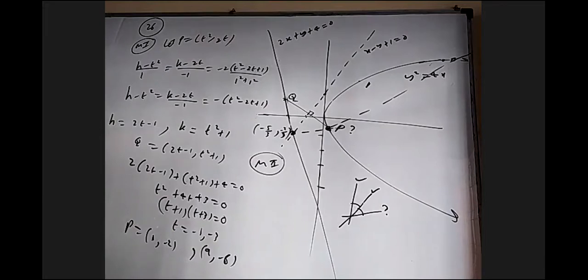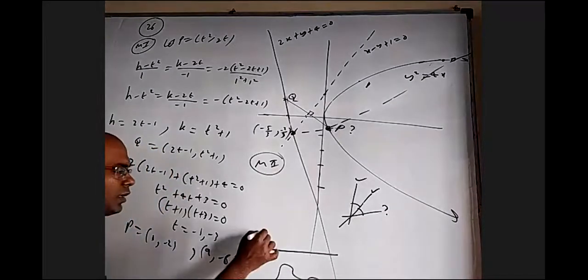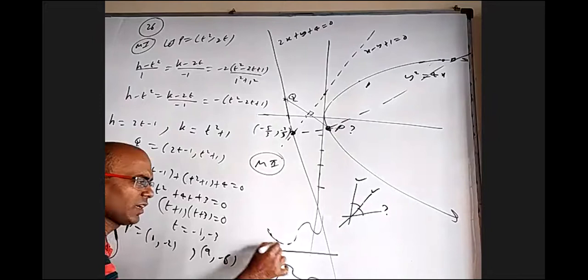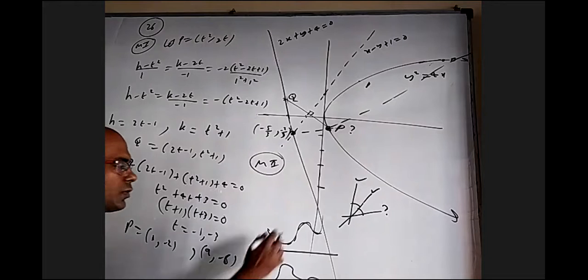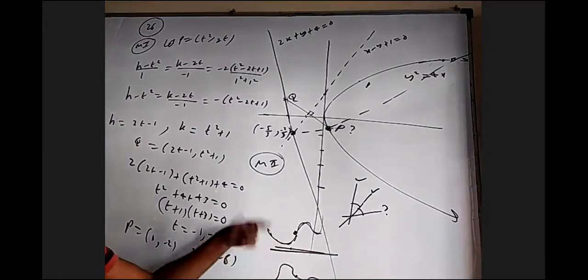So take any point on the line. Take x1, y1. We don't know that point. So take the image of that with respect to the mirror line and substitute it. Actually, if there is a mirror line and some curve, and you want to find its reflection equation, we don't even know what that curve is, not a known curve. The curve equation is known, but not a standard shape. Still, the curve can be treated as the locus of a set of points whose images with respect to this lie on this. You can take this as x1, y1, with respect to this find the image and put that here. Then in the original equation you will get the locus of this.